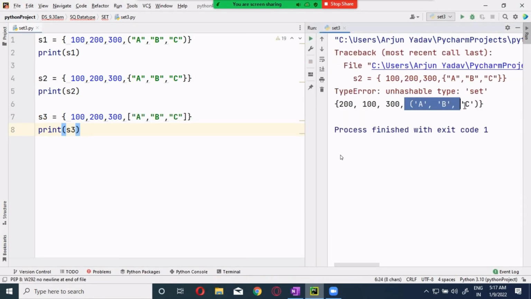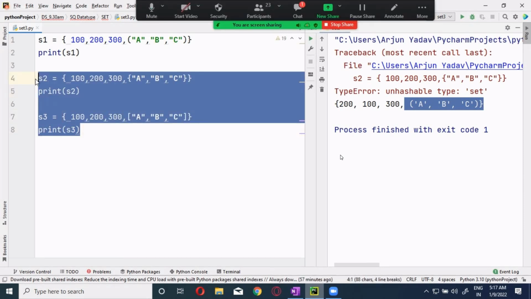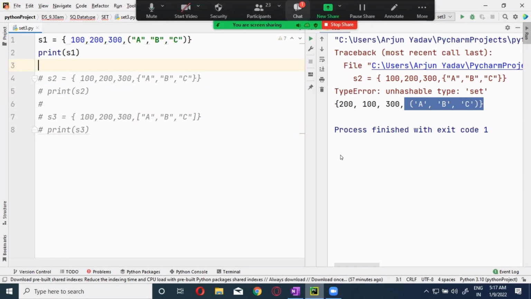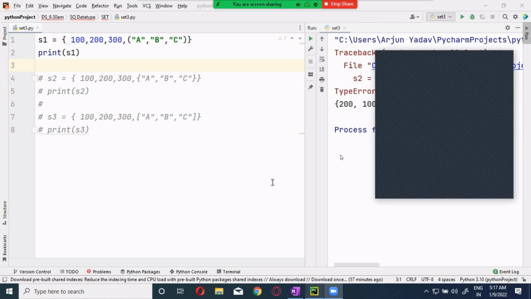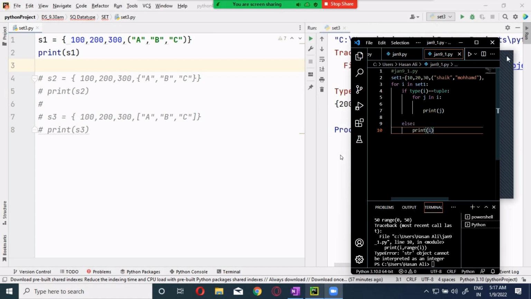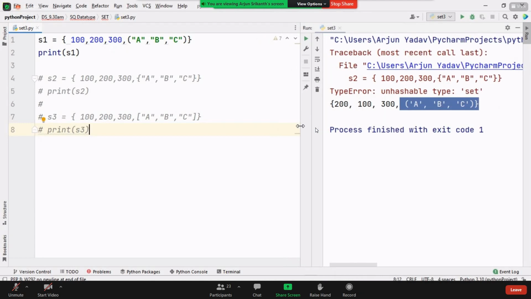Now these two are errors. Check it out, Imran. This is a sequential data type, right? You will be getting it. Definitely it will be working for you.